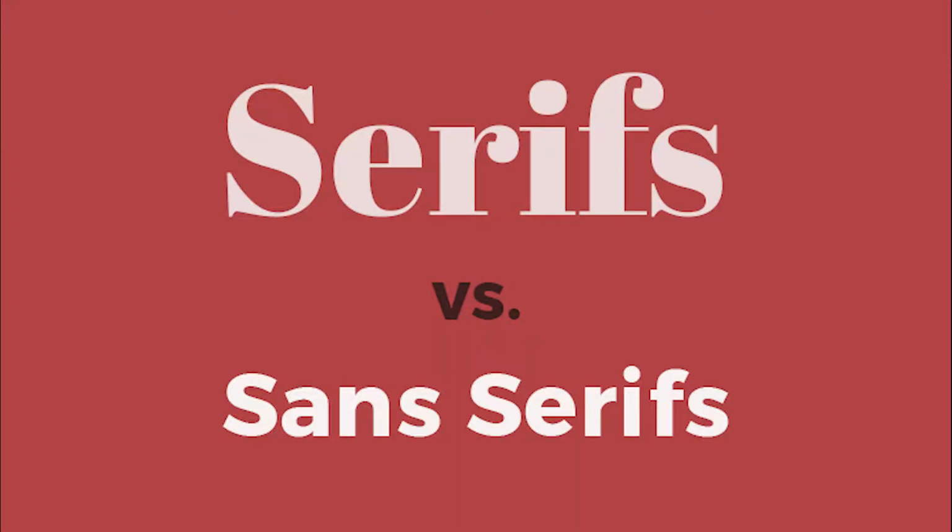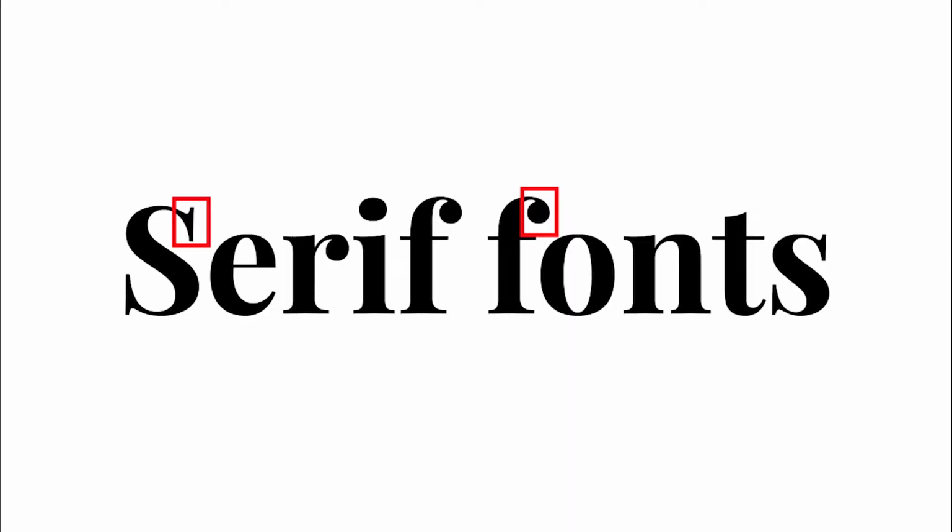When talking about fonts, you must have come across these terminologies such as serif and sans serif fonts. So what exactly are these things? Serif is basically the protrusion that you see at the end of certain typefaces, the thing that makes it look a little more flamboyant and a little more classical. So that's called serif. Now sans serif, sans is without in Latin, means without serif, which means when you don't have those pointy thingies at the end of these fonts, that's when you call it sans serif.